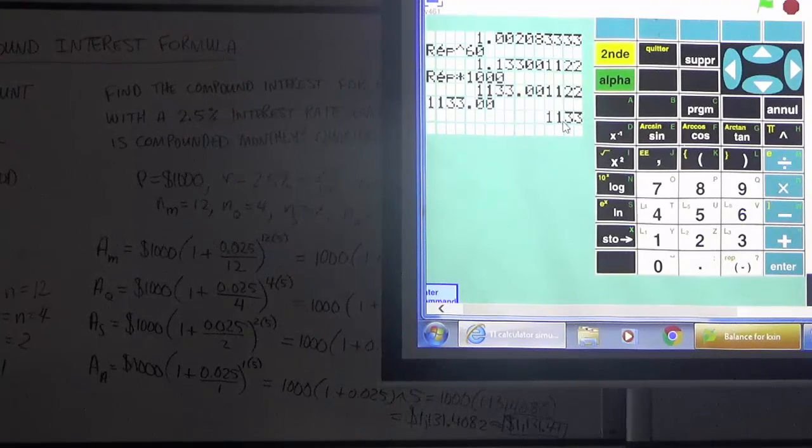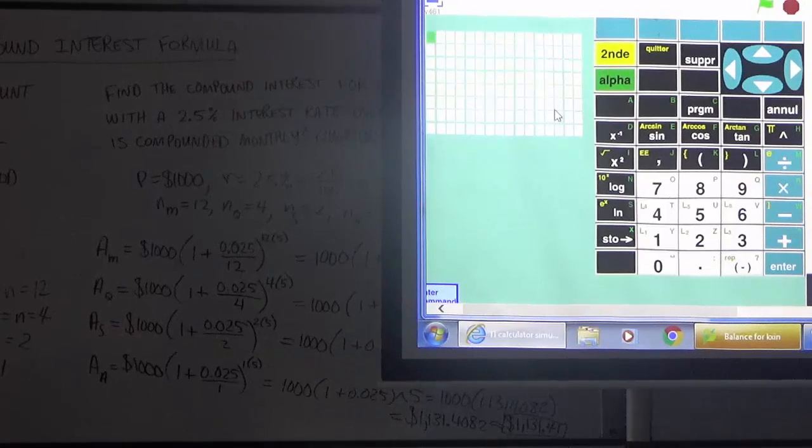All right, moving on to the next one, we had quarterly compounds. So we have 1 plus 0.025 divided by 4. And this again we're doing first because it's in the parentheses and the order of operations tells us to do this first. We get 1.00625, and we're going to raise this again using the arch. And if you don't have the arch on your calculator, that means you're using a calculator that has y to the power of x, or x to the power of y. If you're using any of those scientific calculators, make sure that instead of using the arch, you're using that button